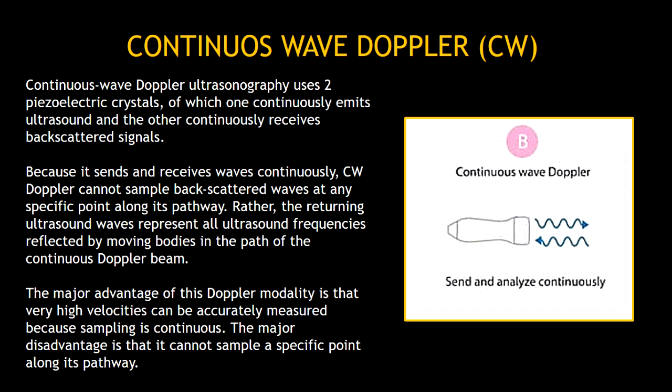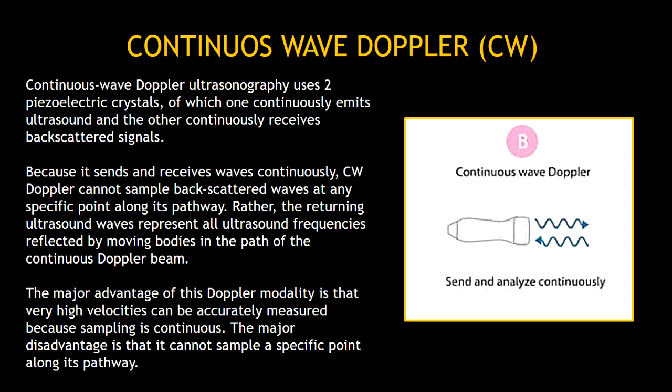The transducer used for continuous wave Doppler uses two piezoelectric crystals. One continuously emits ultrasound and the other one continuously receives the signal. Because it sends and receives waves continuously, the continuous wave Doppler cannot sample backscattered waves at any specific point along its pathway. Rather, the returning ultrasound waves represent all ultrasound frequencies reflected by moving bodies in the path of the